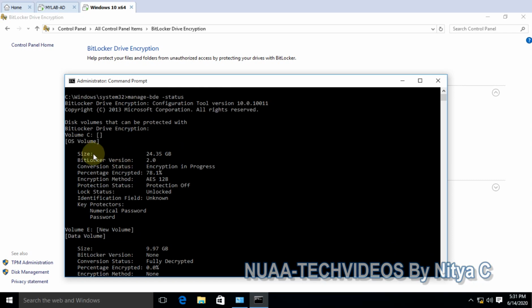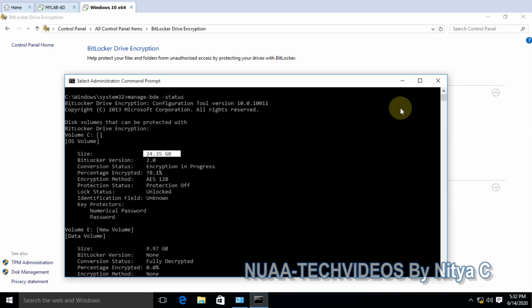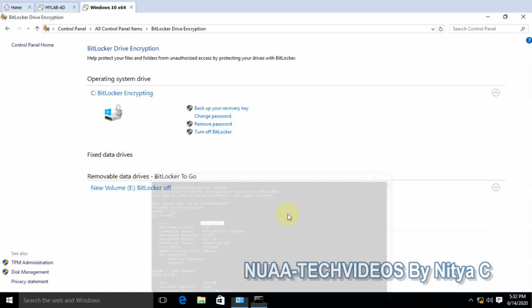So for the C drive, the encryption is in progress, and the percentage encrypted is 78%. The volume size is 24.35 GB, and the other drive is fully decrypted, not yet started. After some time it will be encrypted, and on the drive option,